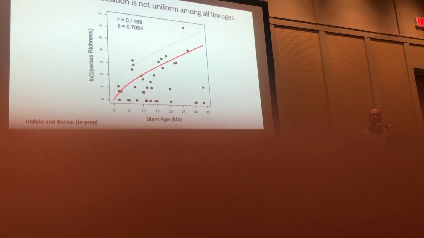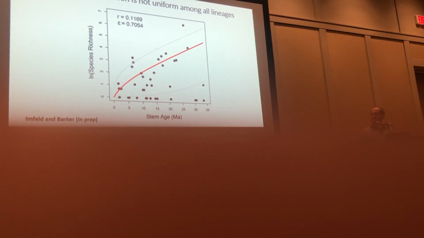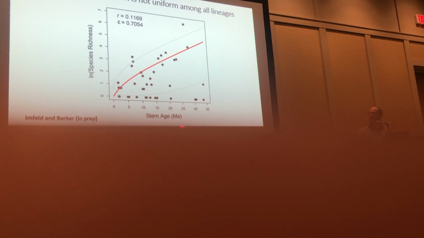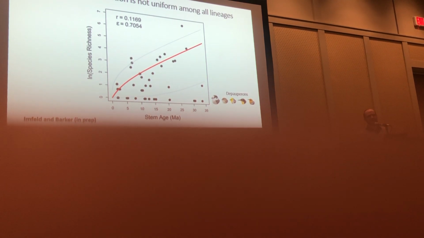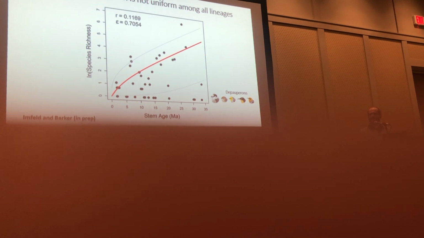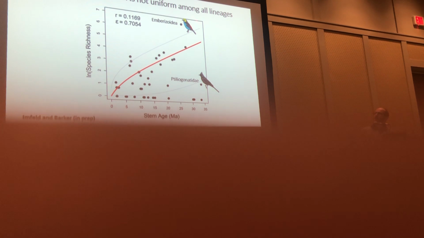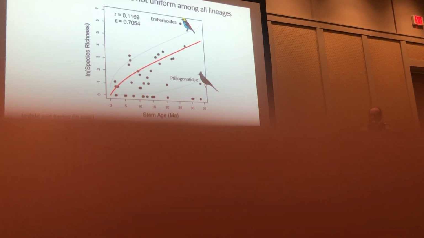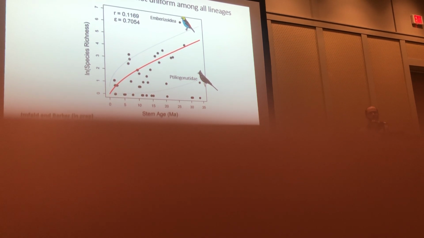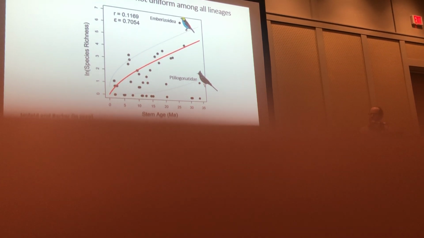And so you can see there's a lot that are on the line, a lot that are near the line, several that are within the confidence interval, but there are several weird things going on here, right? So unsurprisingly, all of our depauperons are down at the bottom. If you're only represented by a single species, you have not been very successful in the species diversification lottery. However, there are two other really interesting outliers I want to point out here. Embryozoids, our super diverse group, are substantially more species rich given their age than you would expect if species diversification was uniform among these lineages. Whereas Tiliogonatidae, the silky flycatchers, are only represented by 4 species and yet are comparably old, right?